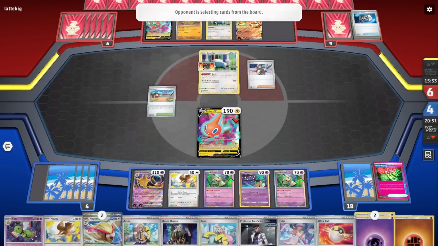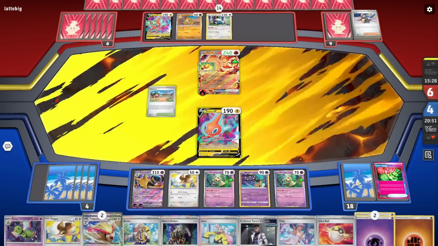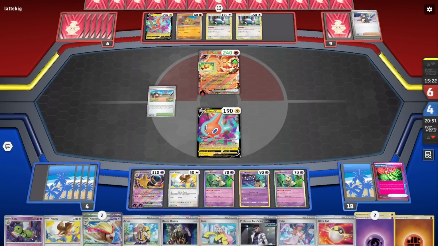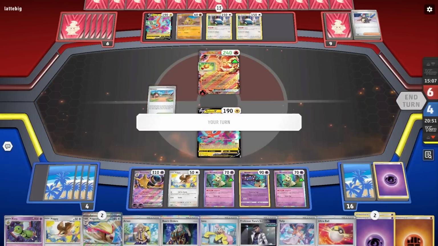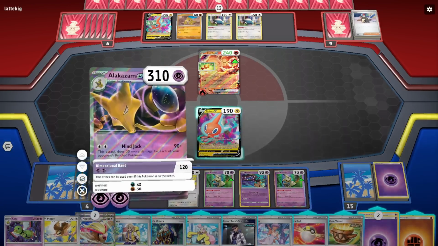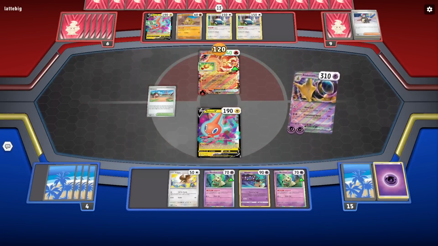So let's see what they do. Honestly, I'd like to get him knocked out now. It gets me 2 prizes as well, which is great for this game. I think this will work. I think they're going to let me do it. They've seen my hand, though. They know I have Professor Turo's Scenario. In one sense, the smart play would be to Iono and disrupt me, because then I can't pull this off. I'd lose 2 energies. Again, that's fine. And I have Boss. I have Professor Turo's Scenario. I have Iono. I have all the good cards that I want. And I actually 2-shot him anyway, so I don't even need to...